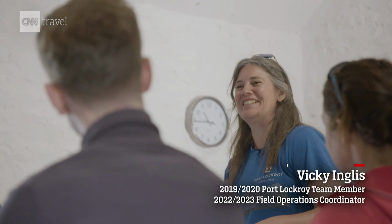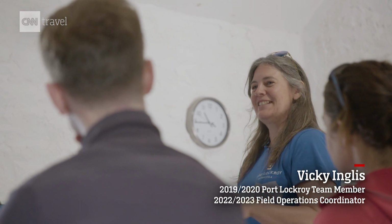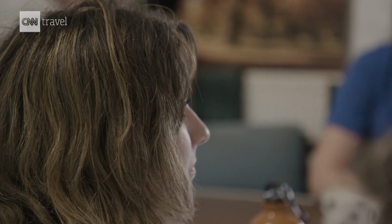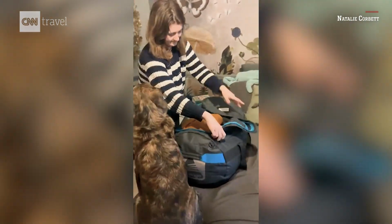At a certain point in the season, the snow goes and it's not mud. There's no mud in Antarctica, it's all guano. I think Antarctica is one of those places that very few people are ever going to actually go to, so to have the opportunity to go for such a long period of time and work there, like, why wouldn't you